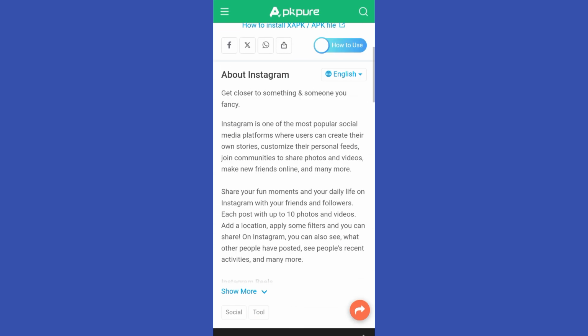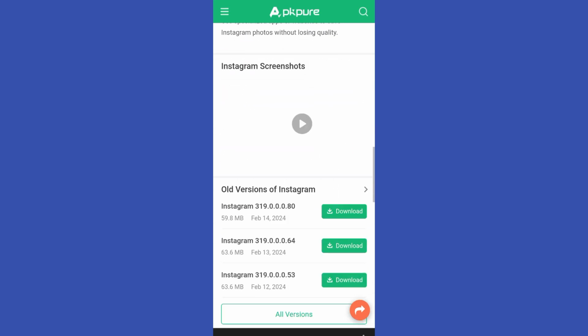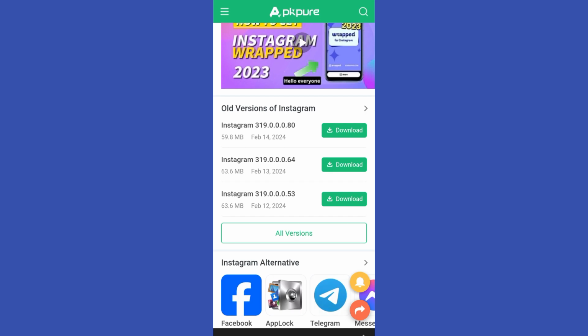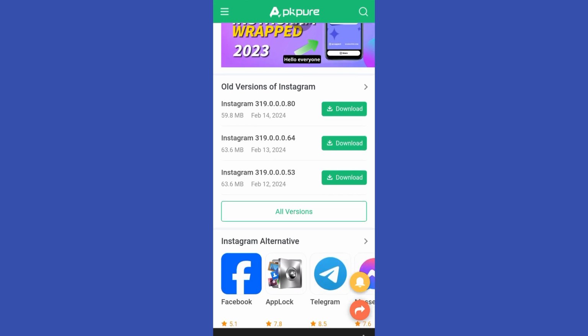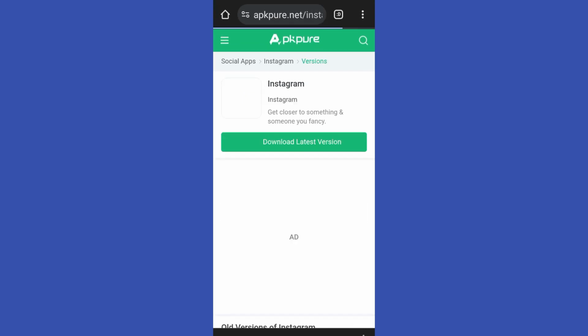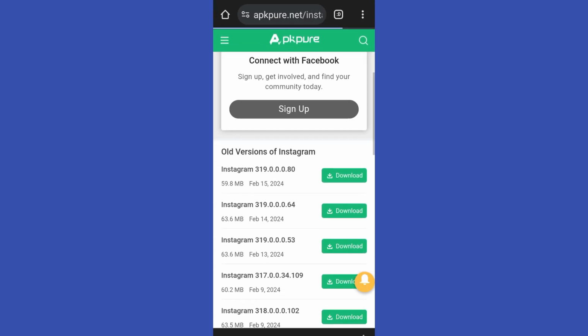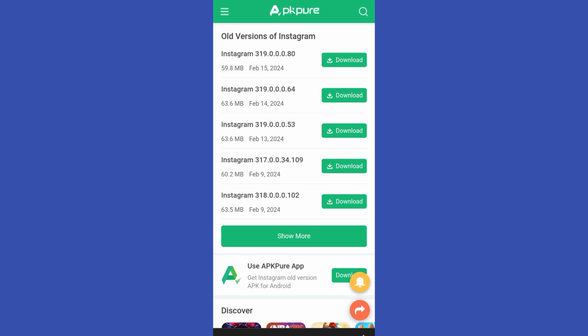You will see here all the old versions of this application. If you want to see all versions, tap all versions. If you want to see more all versions, you just have to click this see more here. And that's it. That's how easy it is to install all the